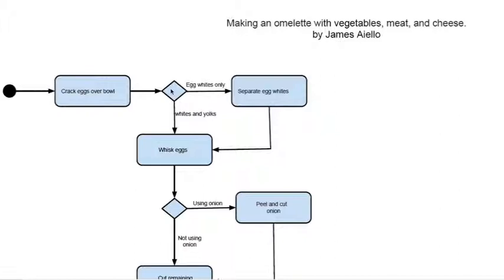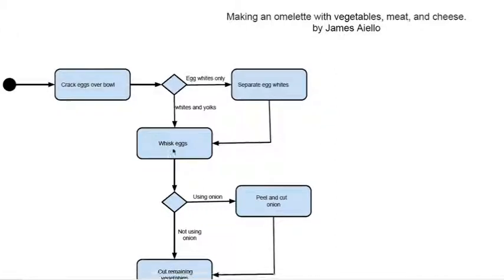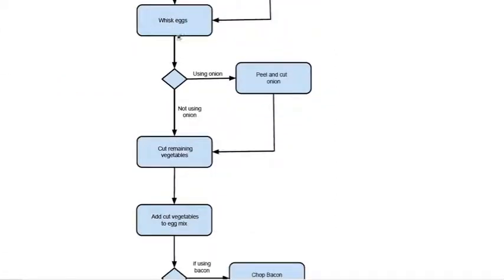So if we use egg whites only, we merge to the action of separate egg whites, which merges to whisking eggs action. If we decide to use the whole egg, we automatically merge to the action of whisking the eggs. So from whisking the eggs, we then move to our second decision, which is if we're going to use